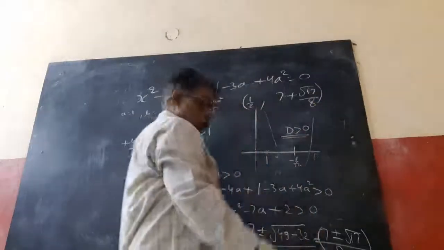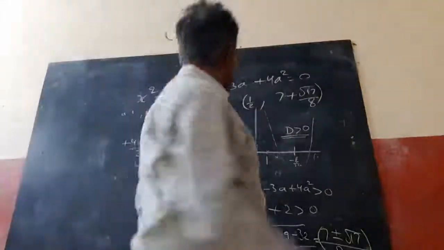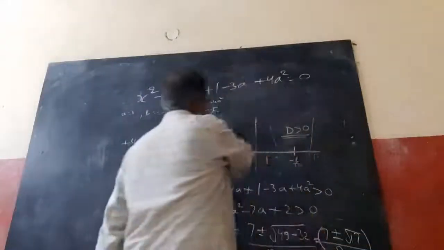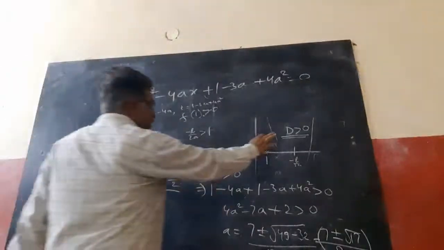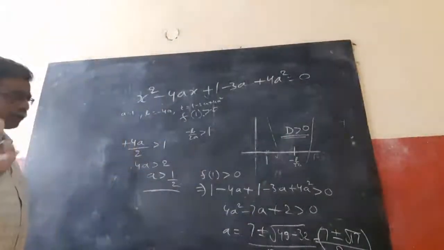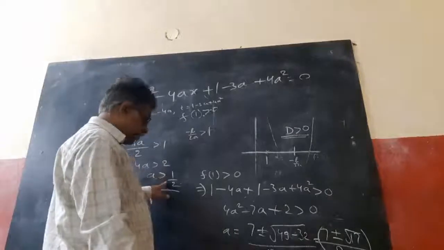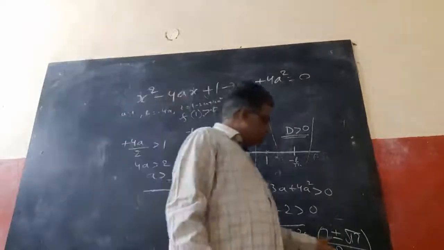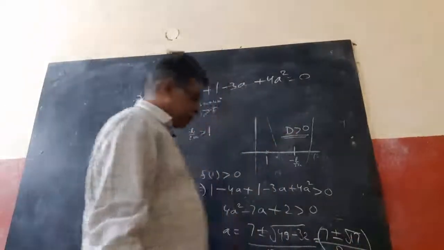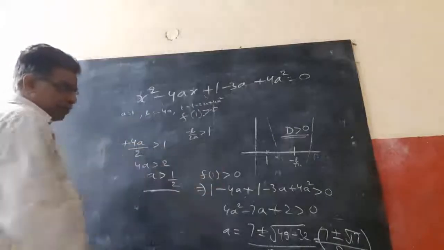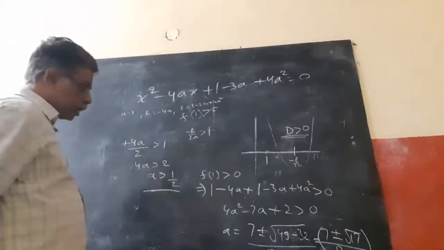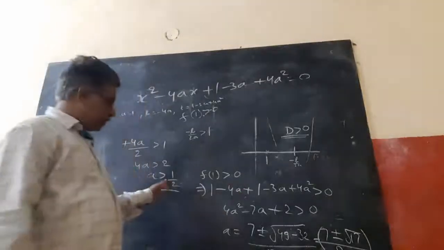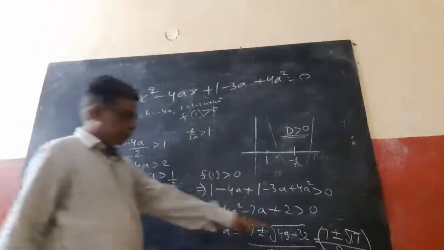Or we can do one thing. We will go for that also. What we can say is this more than 1 by 2. Better we will go for the graph, with the discriminant also. It will be always better. Is 1 by 2 less than 7 plus root 17 by 8? 7 plus root 17 is 7 plus 4 point something, 11 by 8, 1 point something. This is 0.5, so this is more.